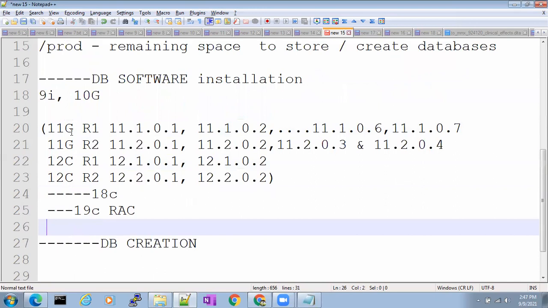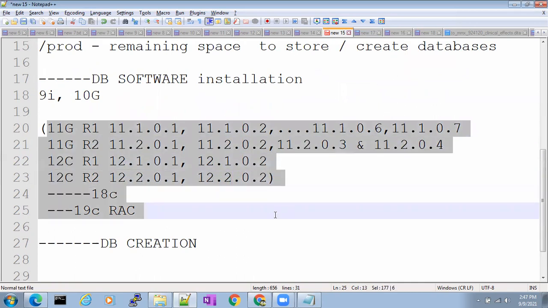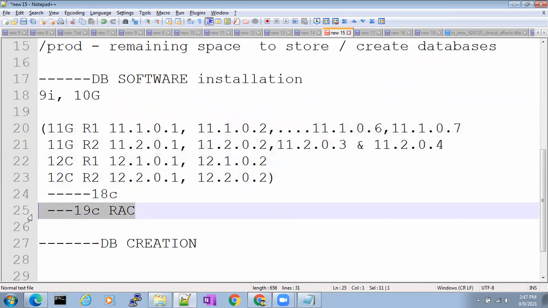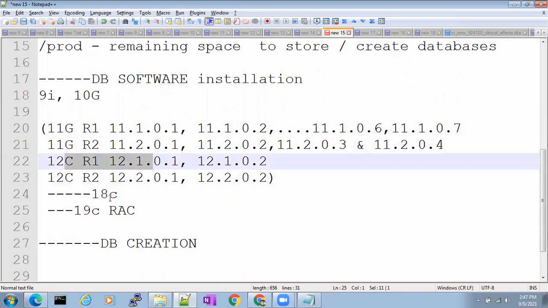And actually speaking, I don't have to explain all these versions. We can take one latest version, or one 12C, or one 18C, or 19C, or one 11G. Anything we can take and we can complete the course. I don't have to explain all these versions because features are one and the same.